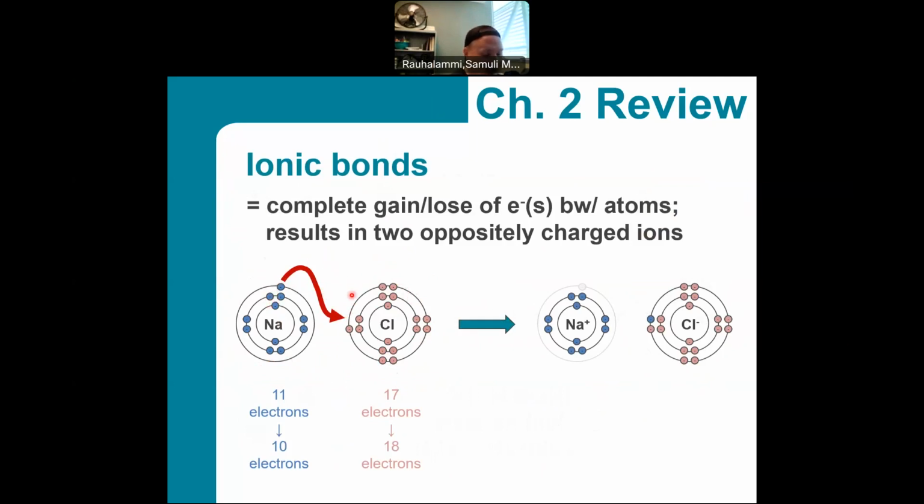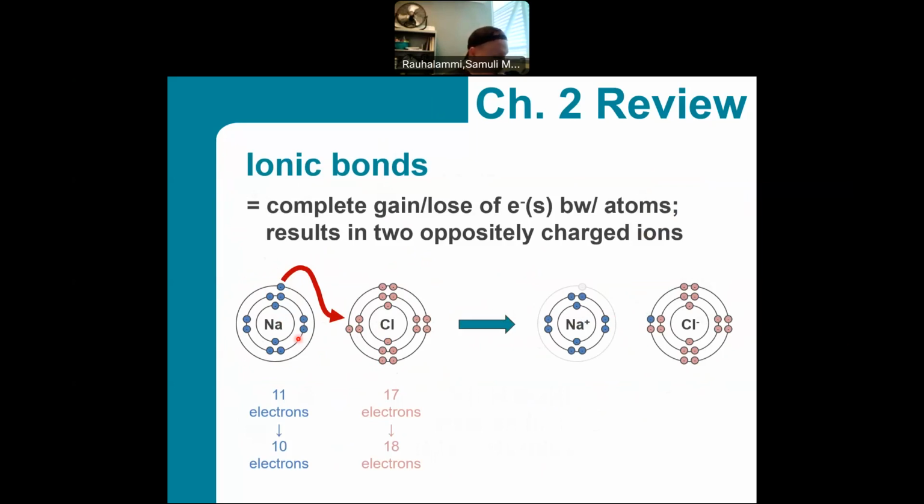Sodium gives away 1 electron, and chloride gains 1 electron. And both of them reach that state that we wanted to have, which was the happy state where they have the full valence shells. But remember, electrons carry a negative charge. Now, if we're giving away 1 electron from sodium, which was a balanced atom in the sense that it had an equal number of protons as it had electrons, it had also a similar number of those positively charged particles